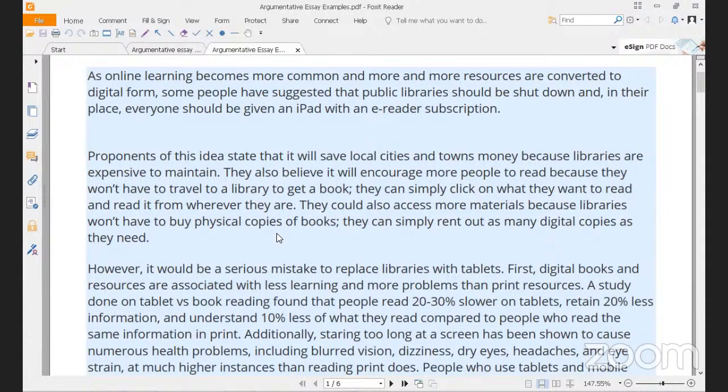Well, they are talking that there is like a line of people that thinks that you should have more online reading more than libraries because libraries are too expensive to maintain, and the money that is going to the libraries can go to buy iPads to everyone, and they could give to persons the possibility of learning a lot and reading wherever they want, because some people don't read because of the access to these materials, because it's hard to get to the libraries, or they don't have many copies for the people, so it's harder for them to get this book or this information.